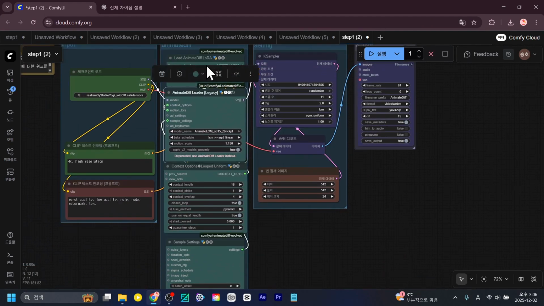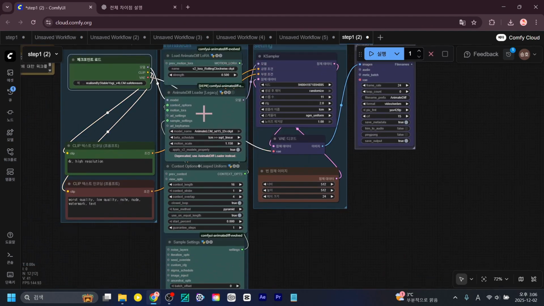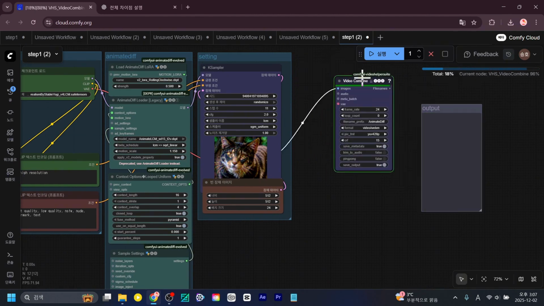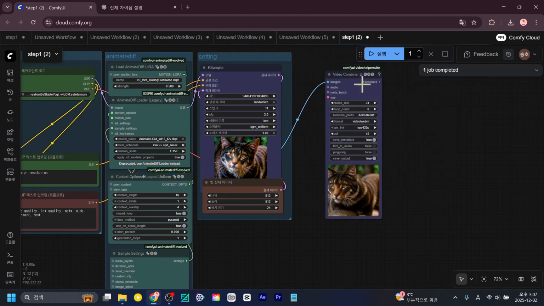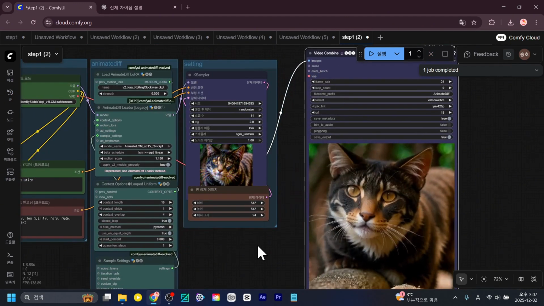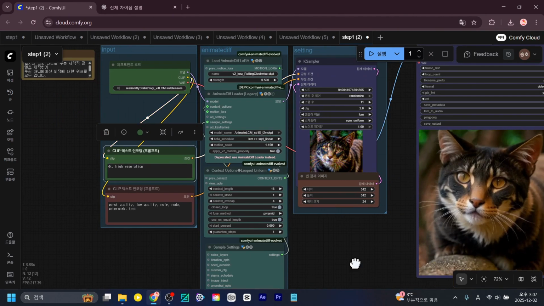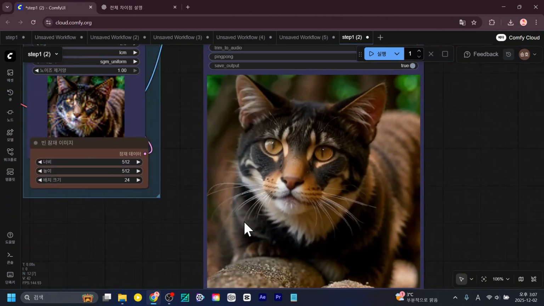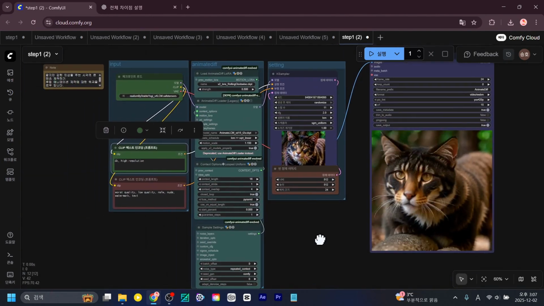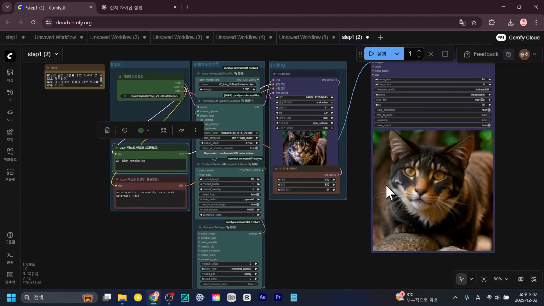It's done, executed. So you can load the workflow, go through it step by step, and if something doesn't work or there's a problem, you can identify and fix those issues as you go. You need to know how to do that. That's right. A cat appeared. That's right. It comes out well, doesn't it? There are countless possibilities. That's how I did it. So I'll wrap up this part here.